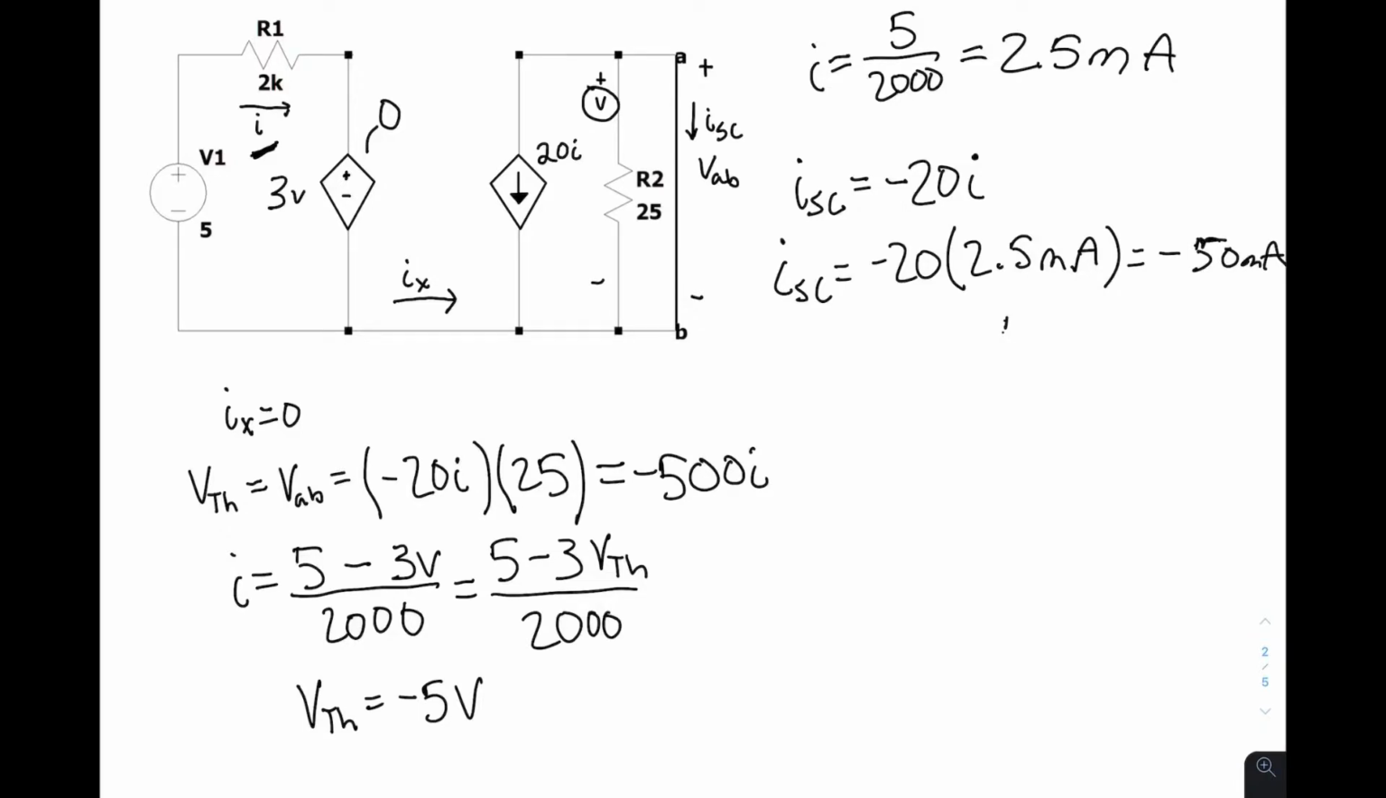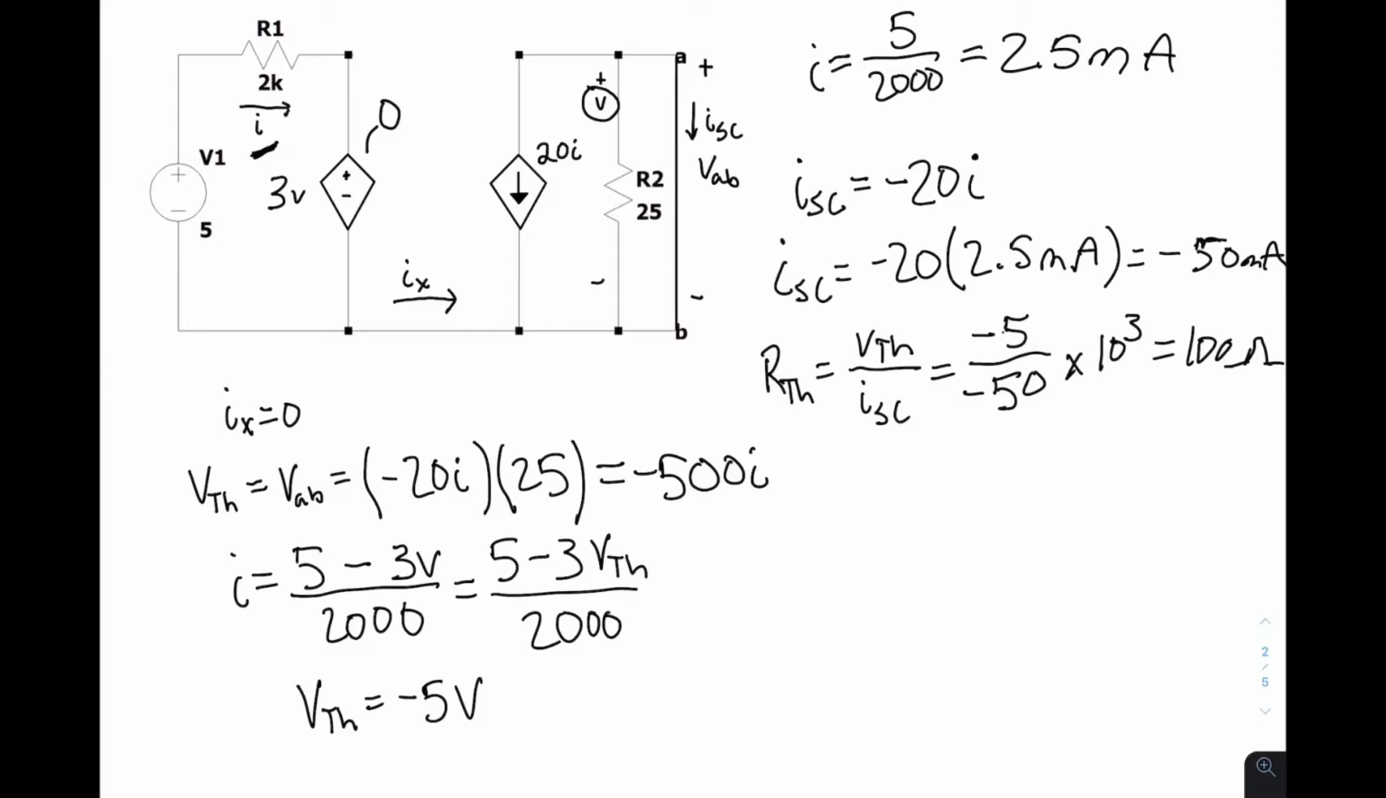And then finally, using our formula from before, we know that R Thevenin is equal to V Thevenin divided by the current in the short circuit, which we found to be equal to negative 5 volts divided by negative 50 milliamps, and then we'll multiply by 10 to the third to get rid of the milliamps, and we'll get 100 ohms as our